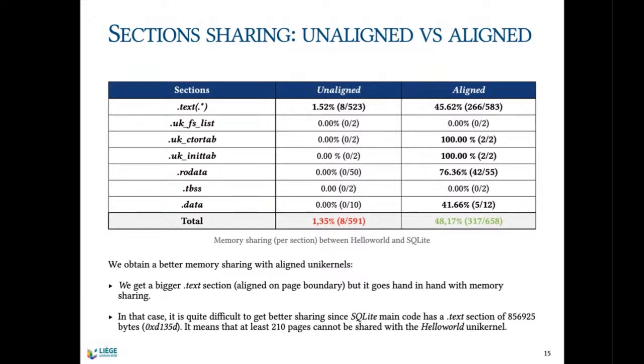So we get a bigger text section and data section, but it goes hand in hand with the memory sharing. We clearly see that for the aligned versions, we have better sharing, since we can obtain more or less 48% of memory sharing, instead of more or less 1% for the unaligned instances. In that case, it's quite difficult to get better sharing, higher than 48%, since the SQLite main code has a text section of a specific size,